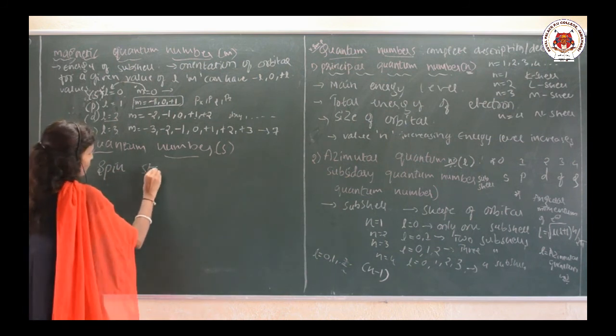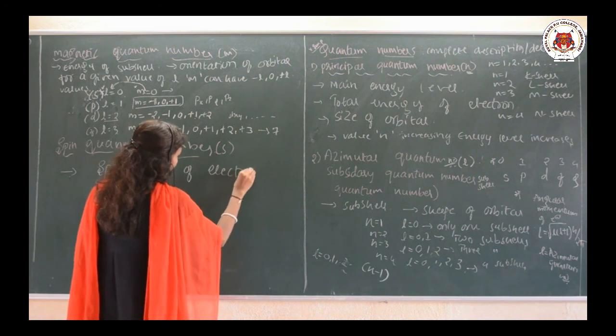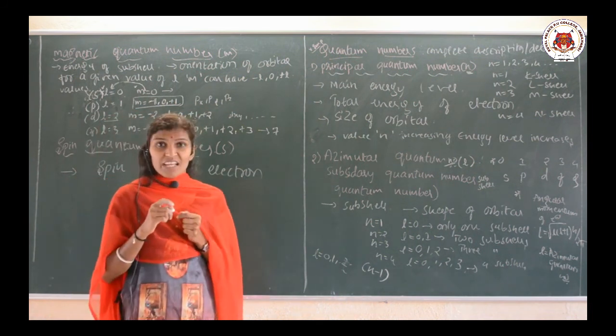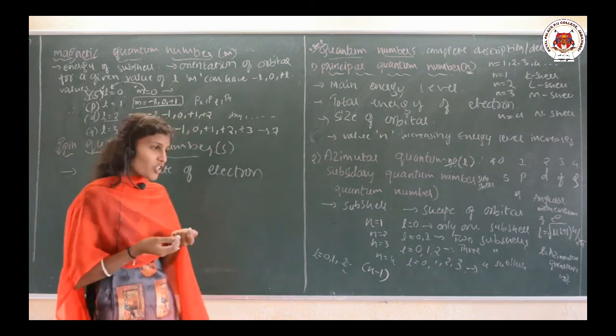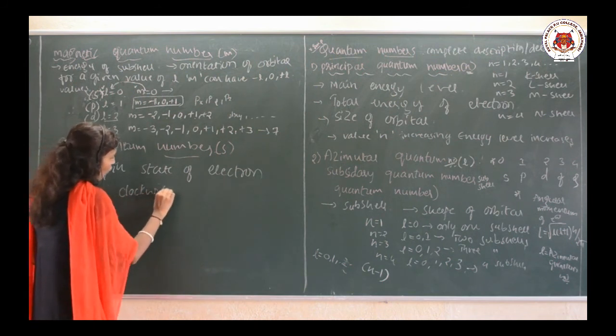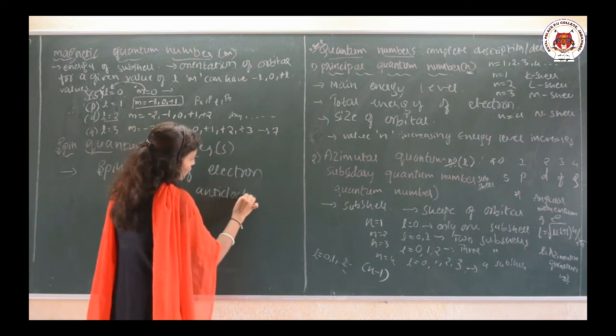Spin state of an electron. So the electron is spinning. The electron is spinning about its axis. It may spin in the clockwise direction, or it may spin in the anti-clockwise direction. So electron